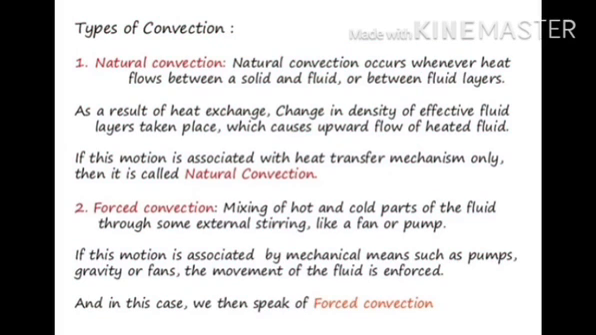Types of convection. Natural convection. Natural convection occurs whenever heat flows between a solid and a liquid or between fluid layers. As a result of heat exchange, a change in the density of the affected fluid layer takes place, which causes upward flow of the heated fluid. If this motion is associated with the heat transfer mechanism only, then it is called natural